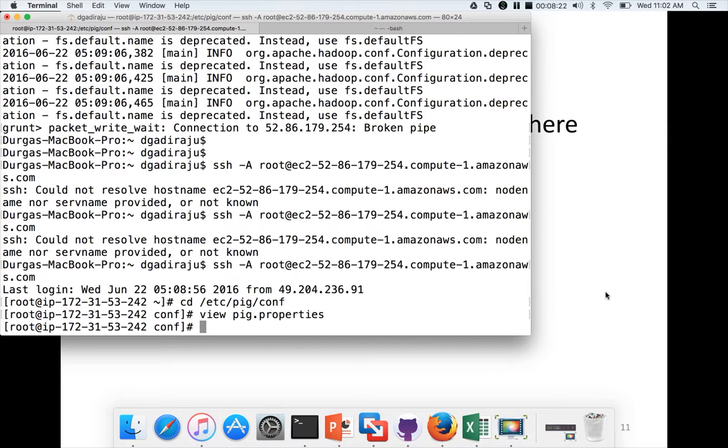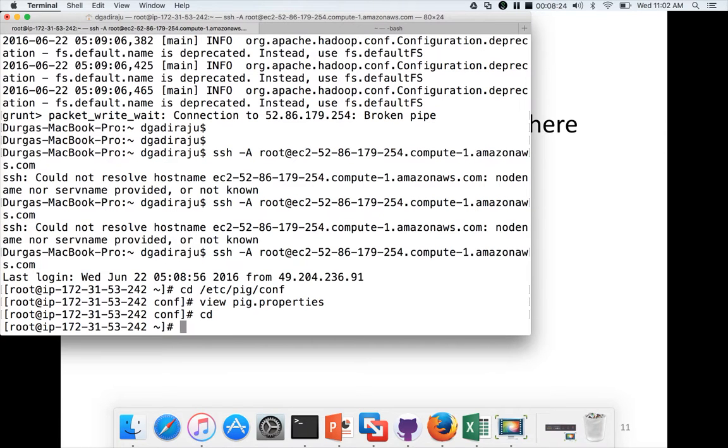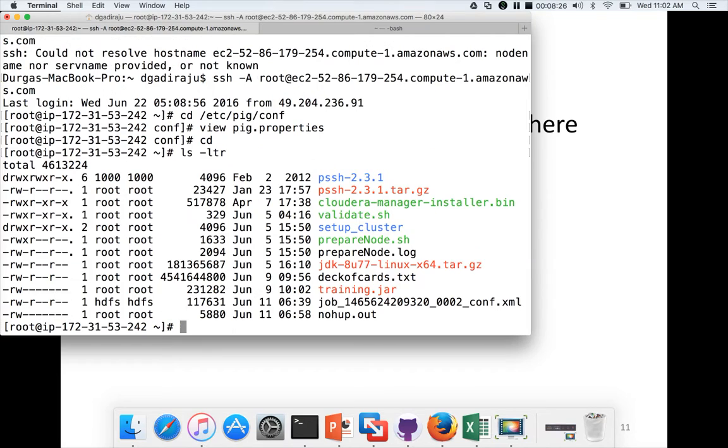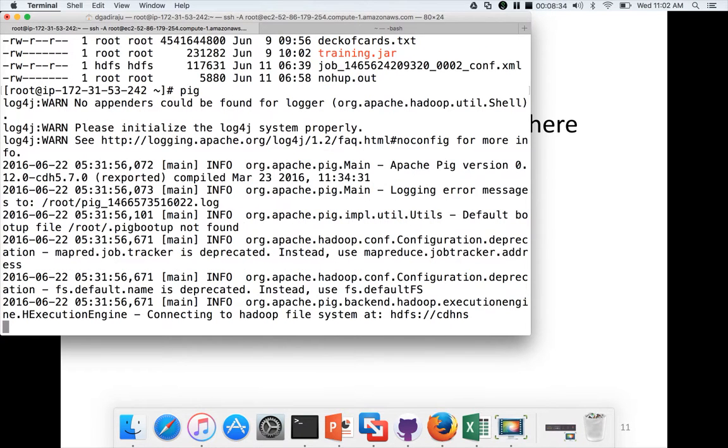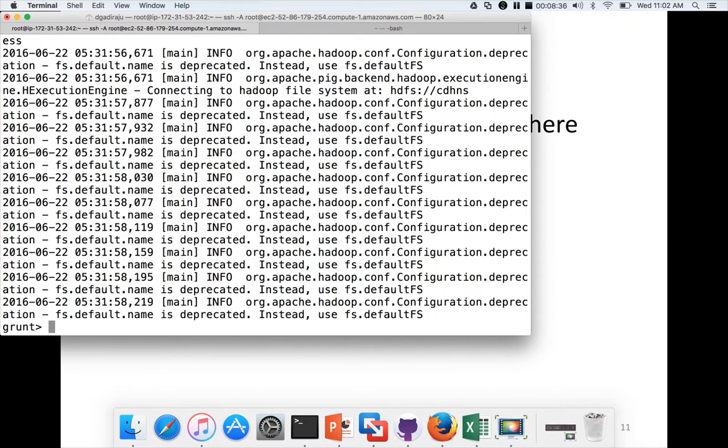So the log files: we have launched pig from the home directory, and if you run any commands, there will be some logs generated, and those logs will be preserved in the directory where we launch the pig command line or grunt.